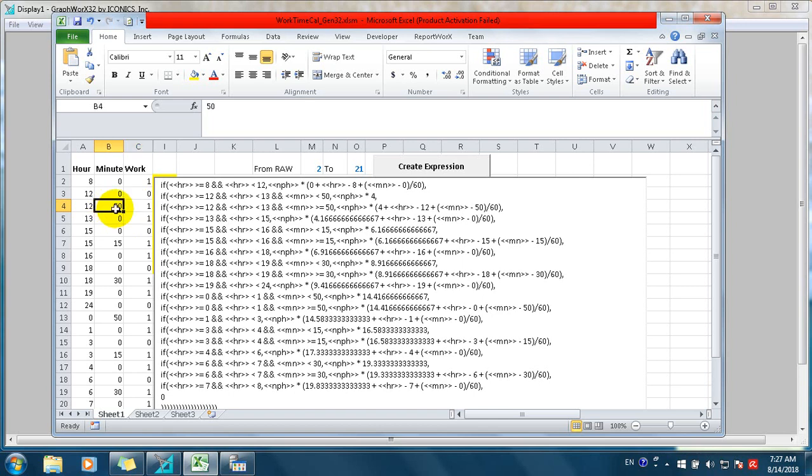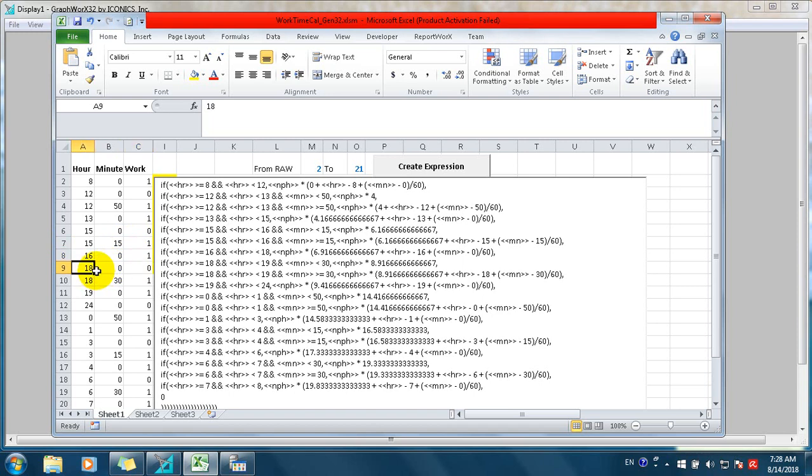If it's not 0 at the minute column, you have to specify the next hour. 13 and 0, and then place 1 at the work column because it's working. Okay, now you can pass the 14 to 15 because it is 0 in the minute column. Okay, and stop working at 15 and start again at 15:15. Then you place 1 at the work column, and this is not 0, then you have to specify the next hour